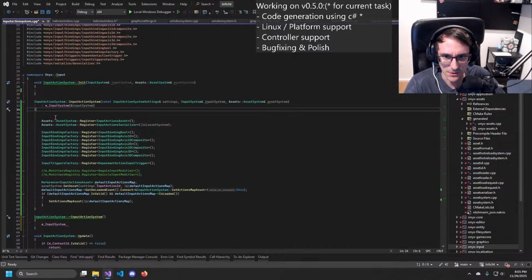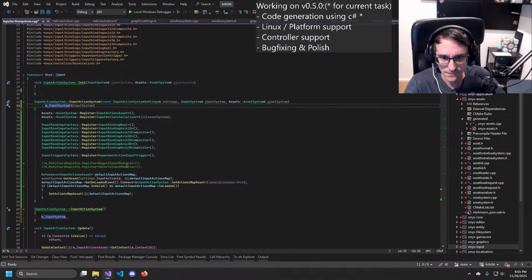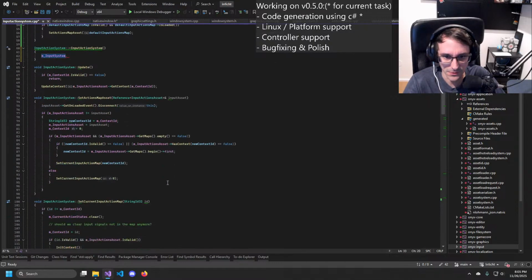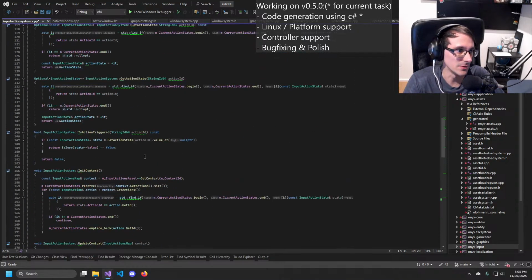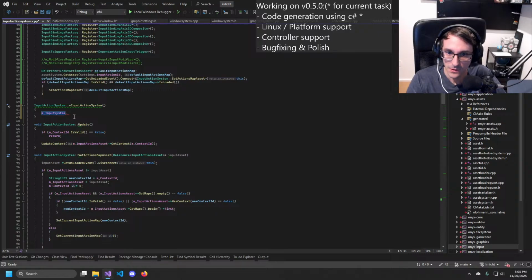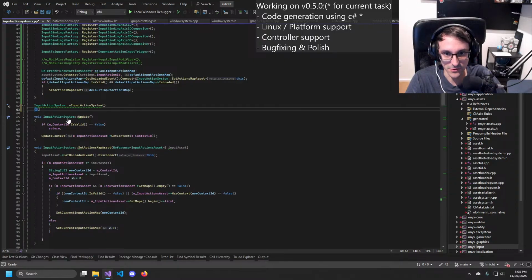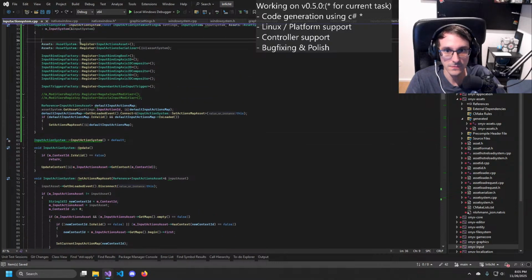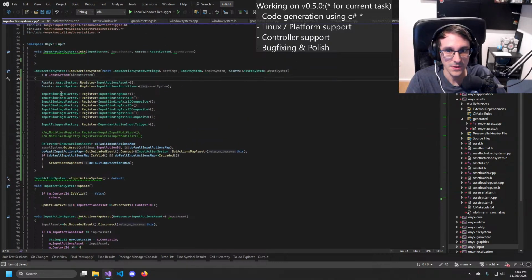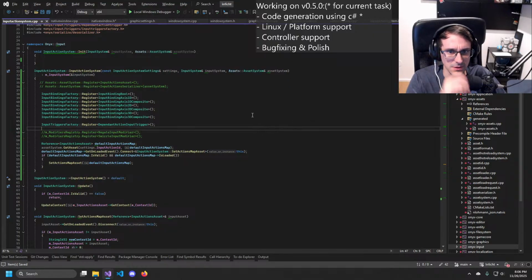Do I not do anything with the input system here? Maybe not. Why do I even take it then? Oh, because I use it. Yeah, I poll. Okay, then this can actually still be a default destructor. Don't think I need those. We can get... No, we still need the asset system, okay.